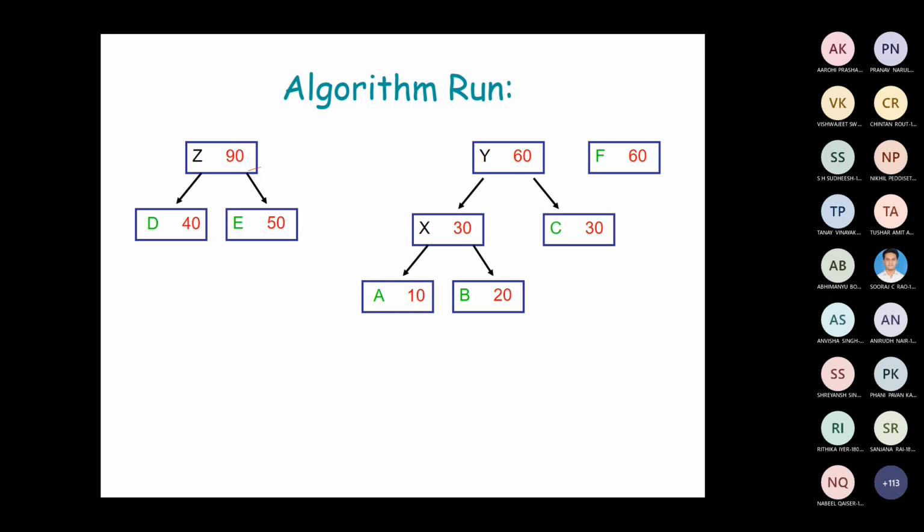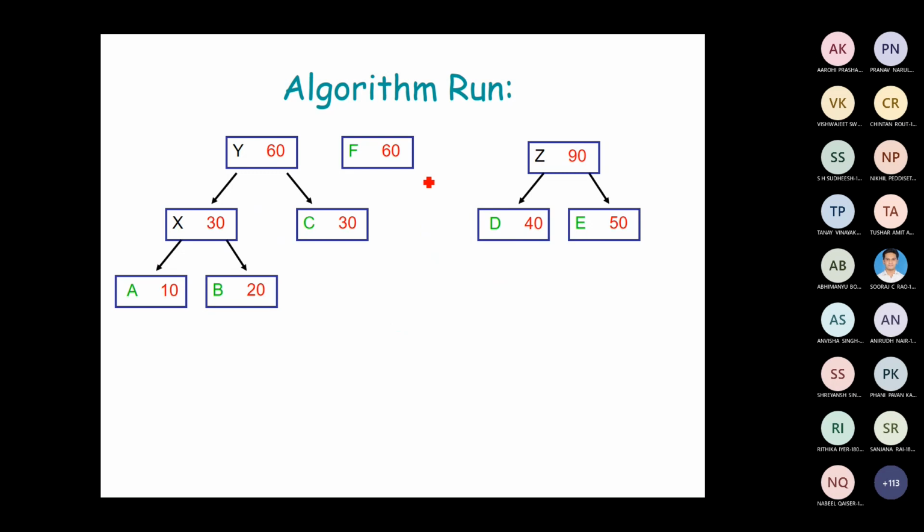So again, they are not in sorted form. What do you do? You do the sorting of this. When you do the sorting, you will get this sequence: 60, 60 and as well as the 90. In the next step, you have to consider the next two least symbols.